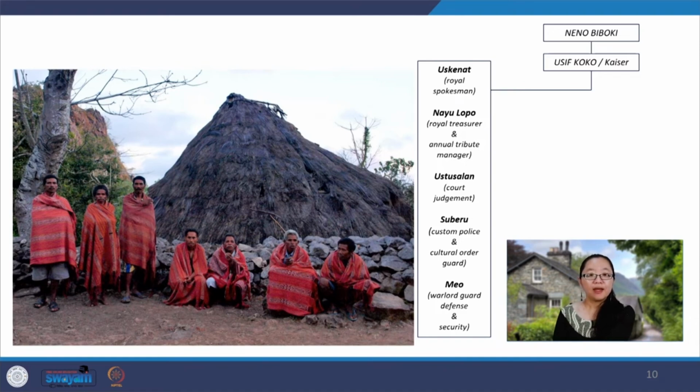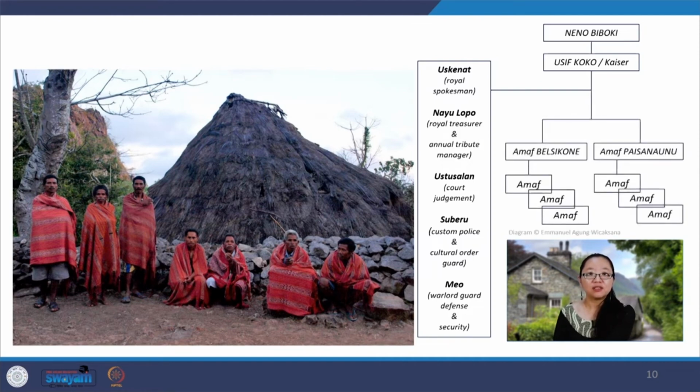And in the social structure in Biboki Kingdom, the king is assisted by other officials based on their respective function, such as minor kings who led the tribes scattered throughout the kingdom. In general, these tribes are classified into two major tribes, namely Paisanaunu, which covers the eastern region, and Belsikone, which